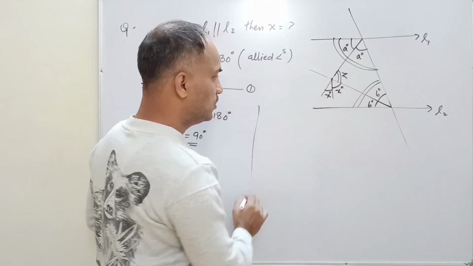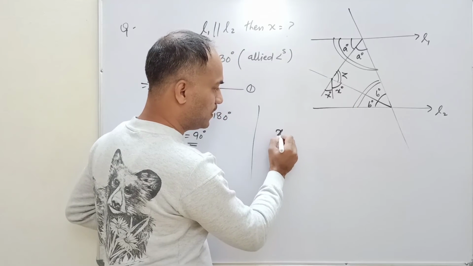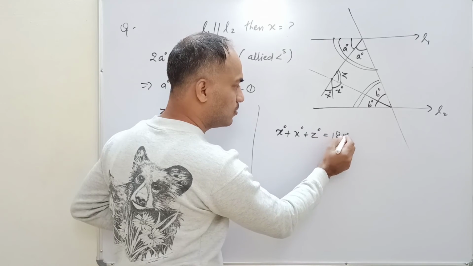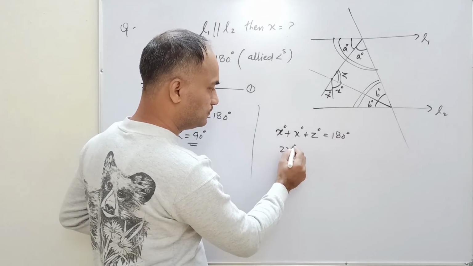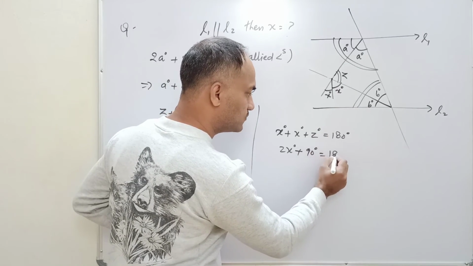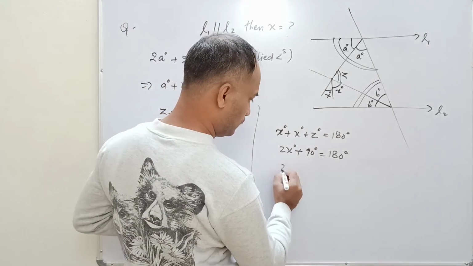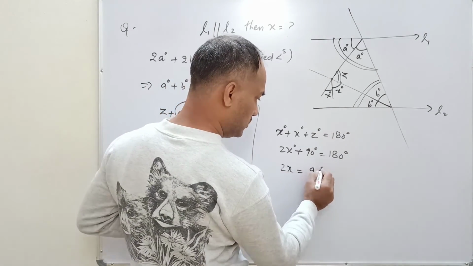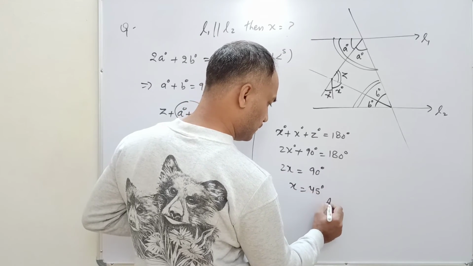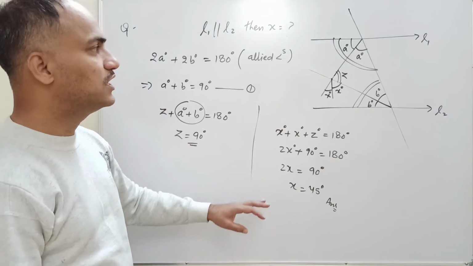So on a straight angle, x plus 90, x plus z, this is 180. So this becomes 2x, z is 90, so this value gives us 180. So we see 2x we can find from here. This is 90. So x is 90 by 2, that is 45. So what is the answer? 45 is the angle